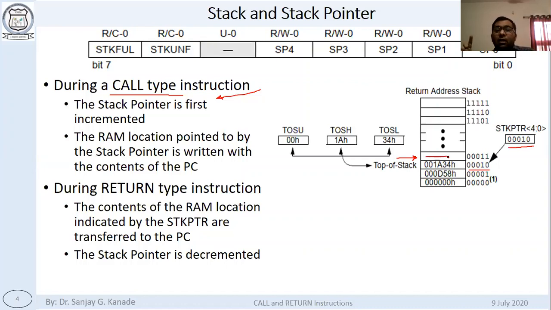Okay. And then the program counter will be replaced by the k value, means the location where we have given the label, right? Once the program counter gets altered, the execution automatically goes to that other location, right?